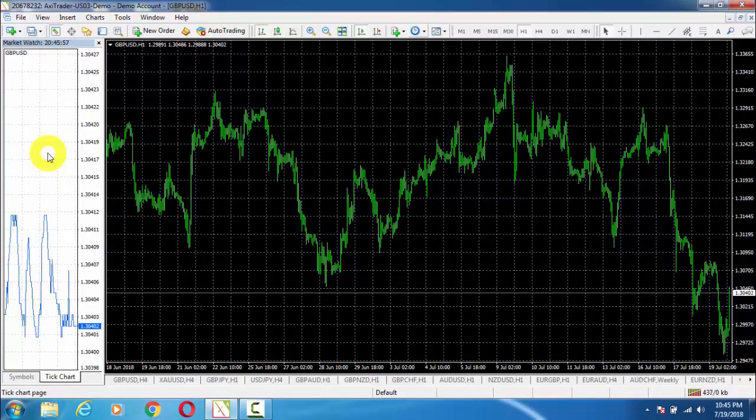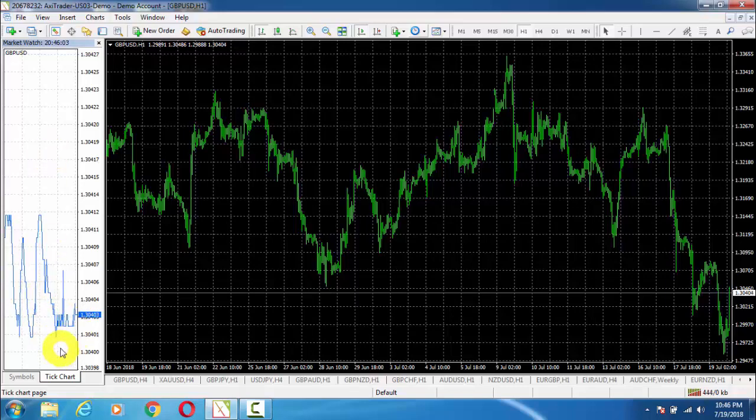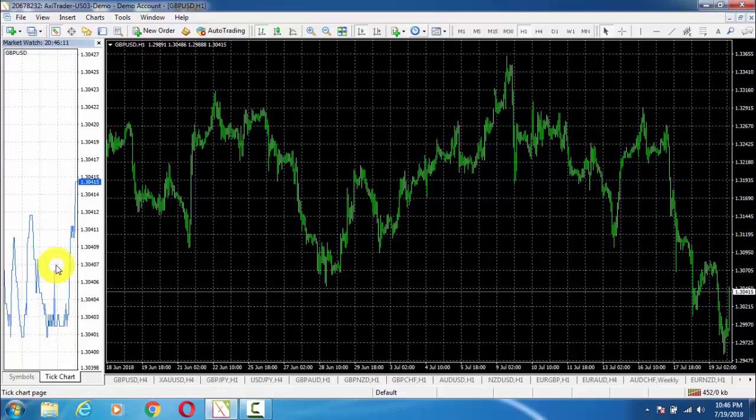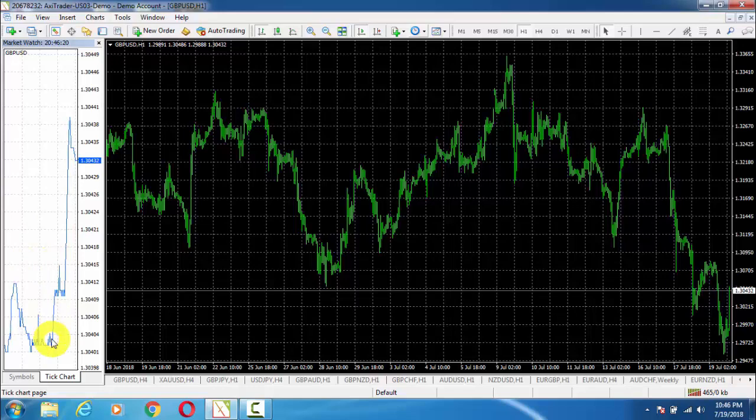So my dear students, tick chart is used for giving a minor, very small representation of the market. Basically some people like scalpers use it, but it is not important and no one is going to use this. Tick chart is not important. Basically this is a small minor representation of the market, like in the form of an ECG, or in waves.